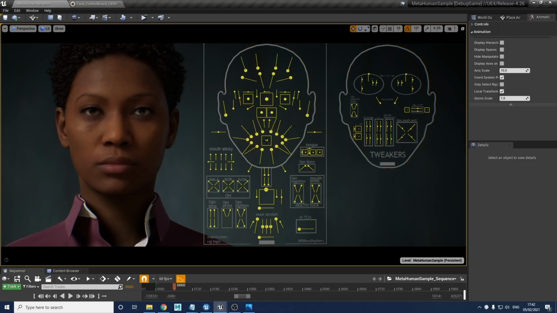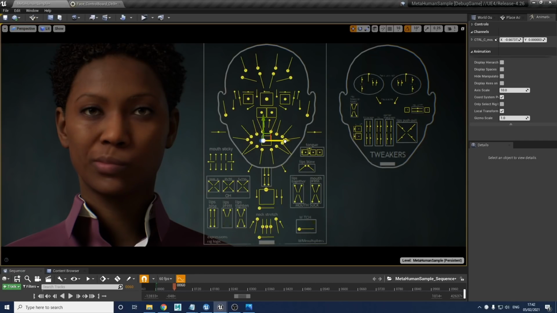And one extra powerful control I wanted to get into before I move on to the tweakers is the muzzle control. So this one here, right in the center, is going to swing the mouth around. This is great for adding asymmetry to any of your shapes, or if you need to change the height but you don't want a destructive change, you can change the lip heights by moving up and down. So any combination of shapes, you can add a little bit of muzzle to.